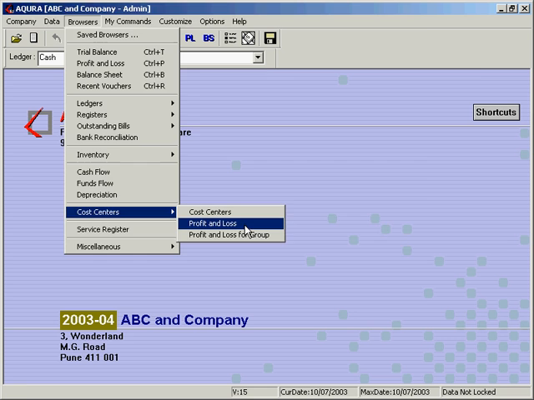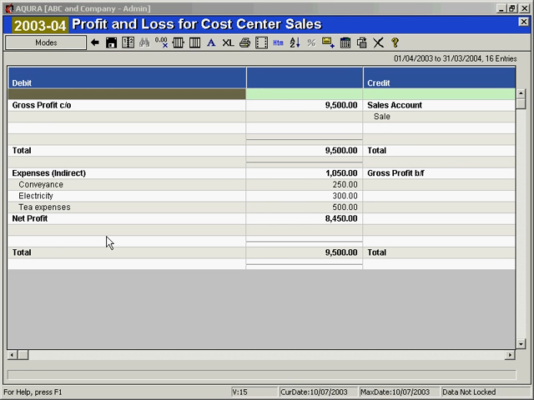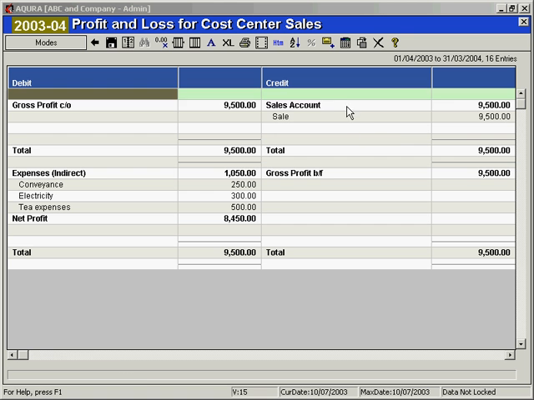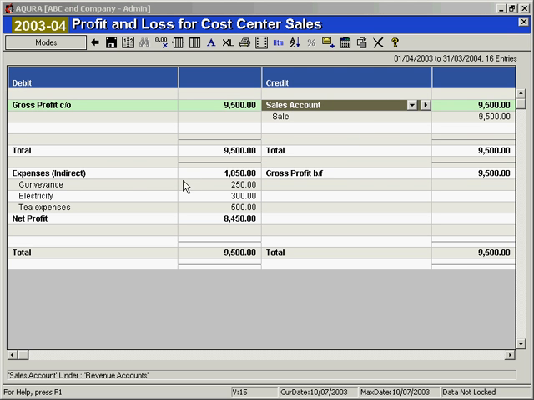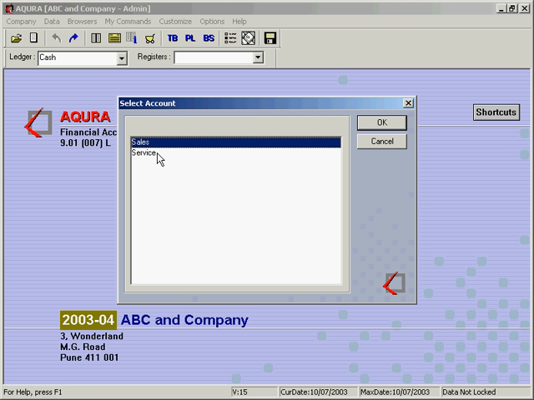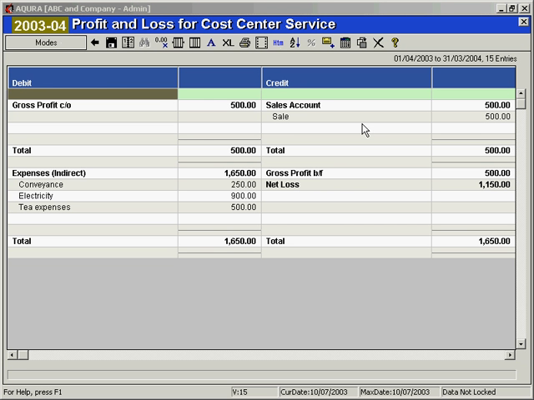Then I'd like to see the profit and loss for sales. It will show you the profit and loss for the sales cost center. So the sales account is 9,500. The expenses part which is booked on sales is conveyance, electricity, tea expenses. So the profit under the sales cost center is 8450. Similarly for service, in the sales account we have entered one voucher and 500 was the component which was booked on the service cost center. Okay, in that we made expenses. Okay, so we are in loss. Here it shows a loss of